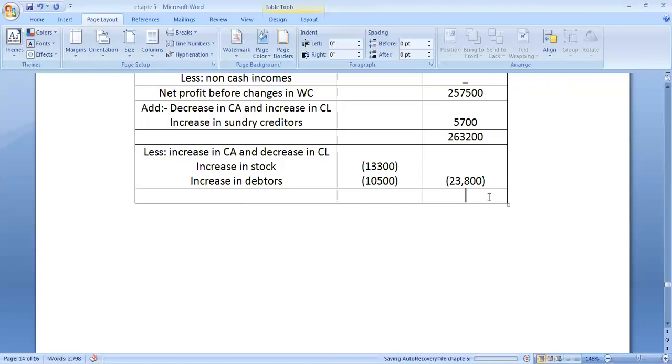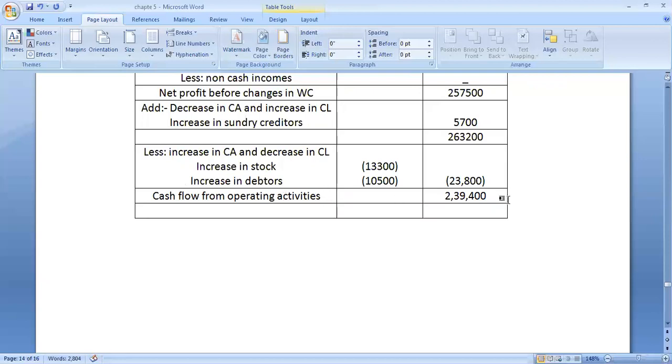It is 2,39,400. So what is this? It is the cash flow from operating activities. Okay. So this is major important. Now go ahead with cash flow from